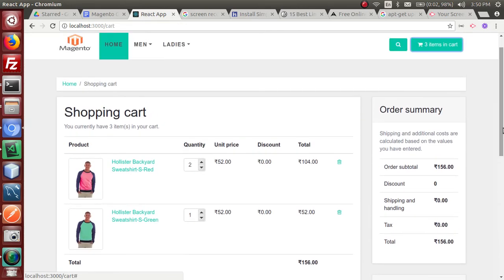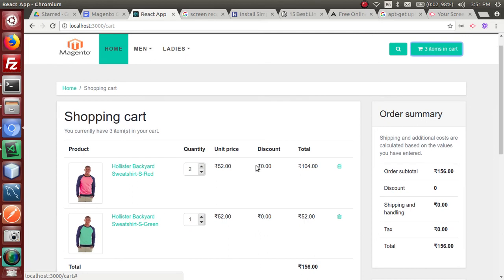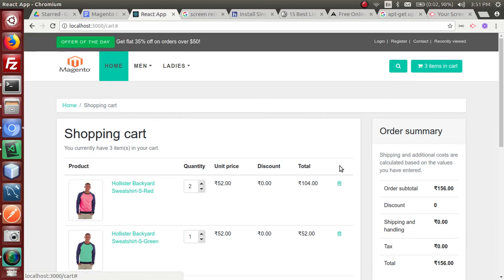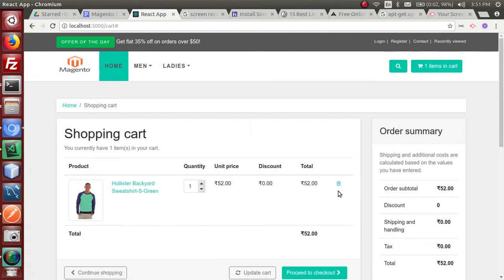Okay, so let me remove both items and see the updates. I'm removing those one by one. You can check the changes here, like total and order summary. I'm removing this one. Okay, so this is updated. Now if I remove this, then the cart is going to be empty.